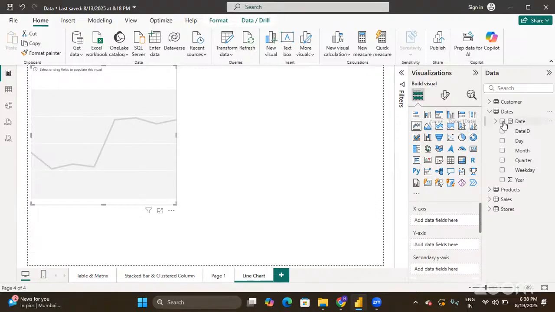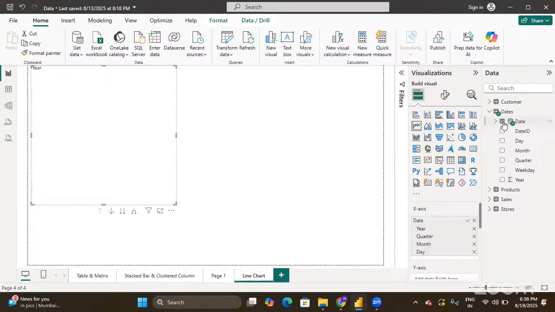So initially I'll take date. I'll take date to x-axis. You see, the moment we have added date to x-axis, the date was split into 4 different parts: day wise, month wise, quarter wise, year wise. So that means if you have the data in the form of date, if date is one of your columns within your data,